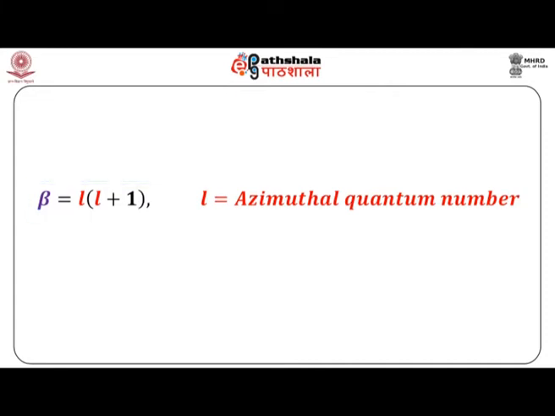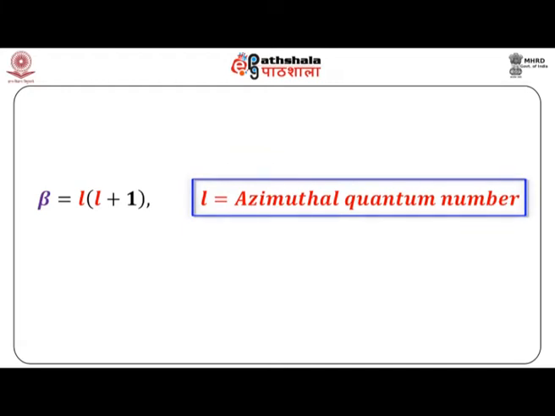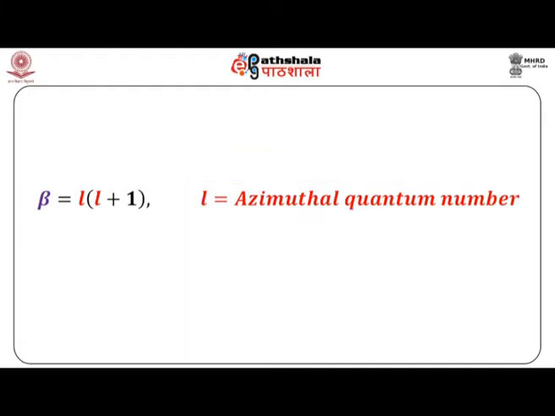This equation we will also encounter in the case of the hydrogen atom later on. If you remember, the azimuthal quantum number comes from here. Just as from the phi equation, in the context of the hydrogen atom, we get the magnetic quantum number, similarly in the case of the theta equation, L comes here, and L we know is called the azimuthal quantum number. We will discuss all these details in the solution of the hydrogen atom.